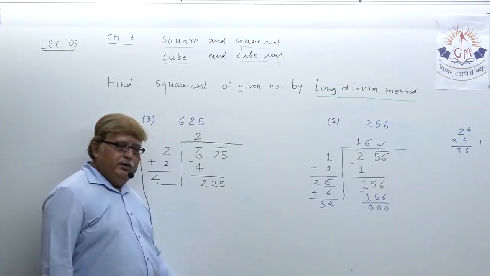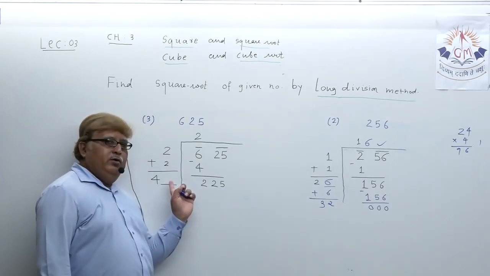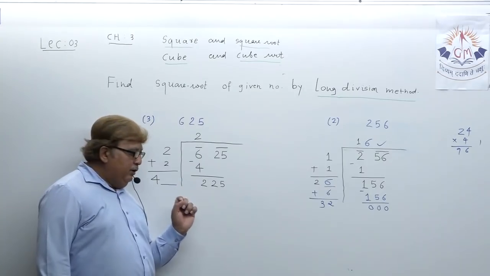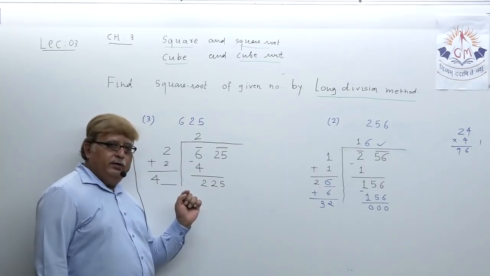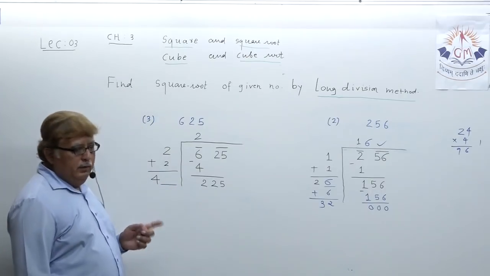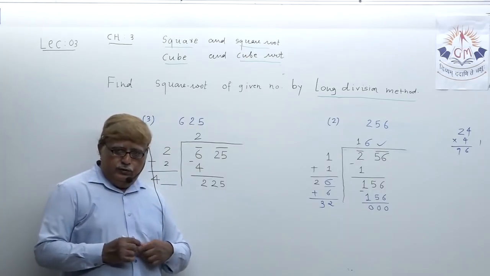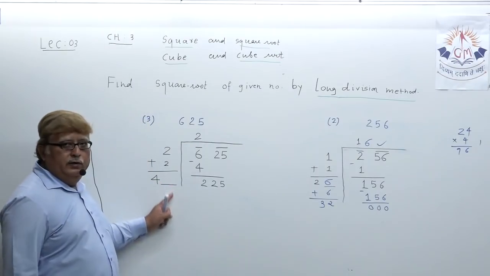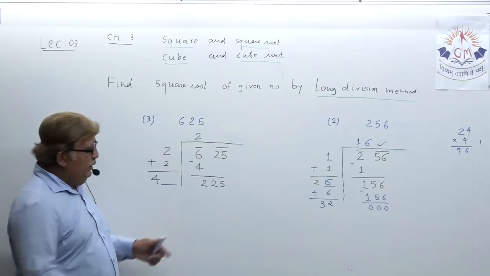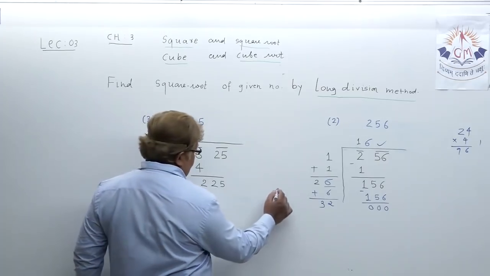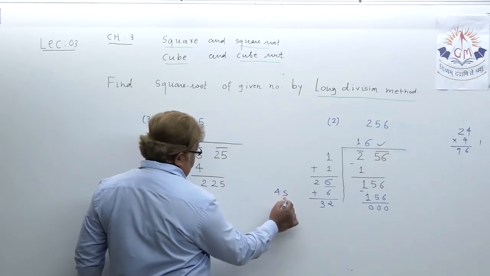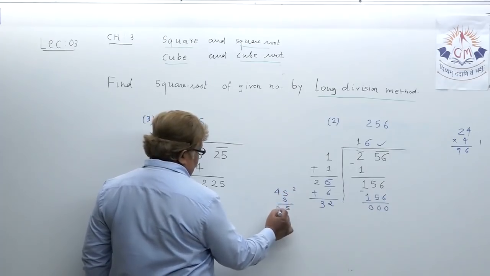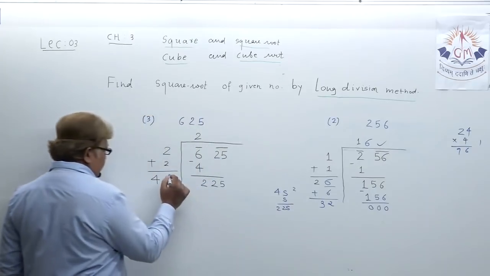What you want here? 5. So obviously you will not take 2 because 42, 2 ja, 2 2 ja 4. You will take such numbers so that you get 5. So directly now it's a question of guessing. If I take 5, 45, 5 ja, 5 5 ja 25. Let me check it. 45, 5 ja, 5 5 ja 25 and 225. We got it.